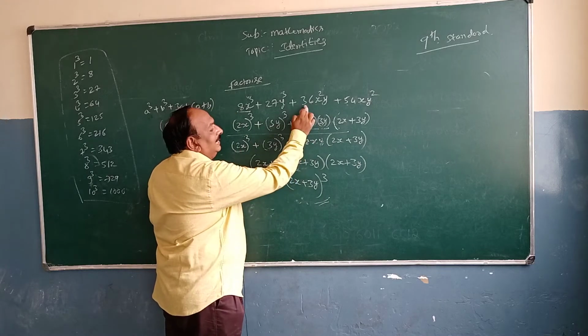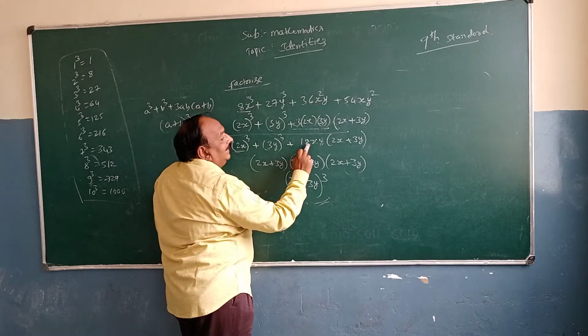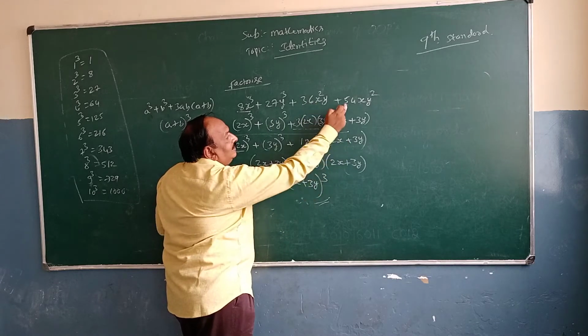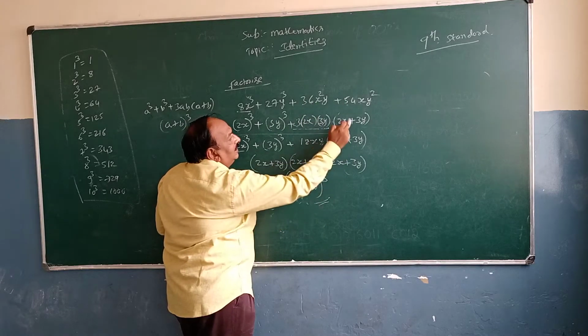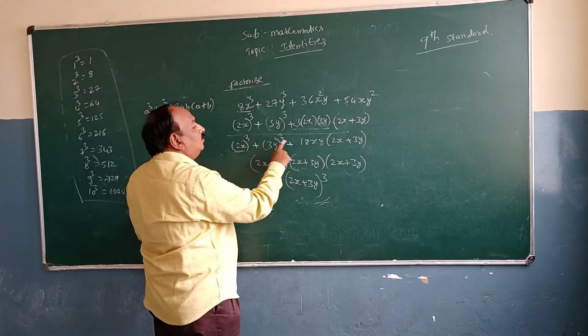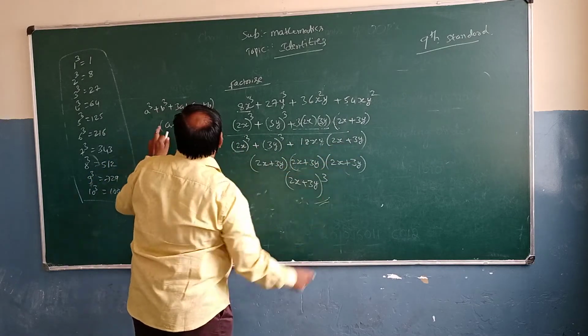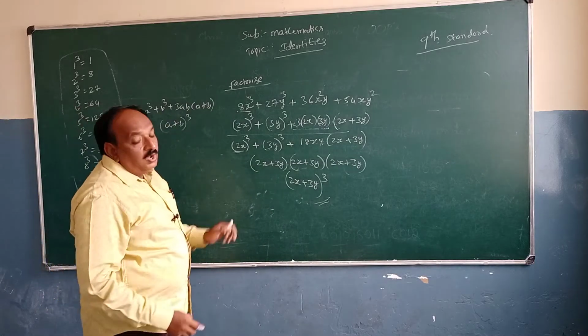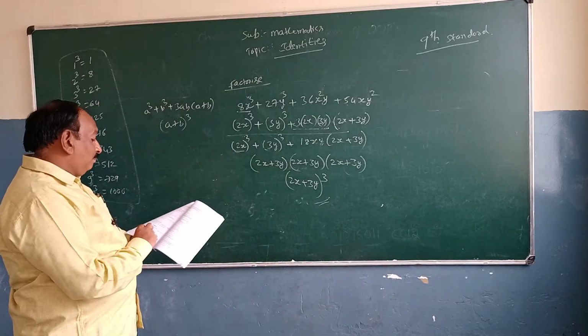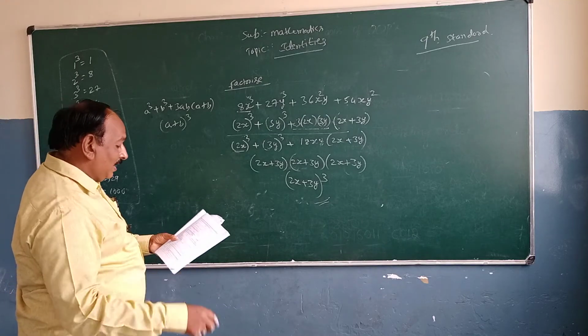When you multiply, you get this. So 18 2s are 36, x into x, x square y. 18 3s are 54, x as it is, y into y, y square. This is a cube plus b cube plus 3ab into a plus b, which can be written as a plus b whole cube. So based on this, we are going to solve some problems based on this formula.